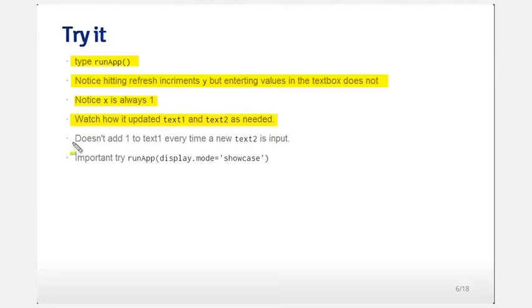And then watch how text 1 and text 2 are updated as needed, and it doesn't add 1 to text 1 every time a new text 2 is input. Important to do this, I think: try run app and then display.mode equals showcase. That's very useful for seeing what Shiny is actually executing at the time that it's